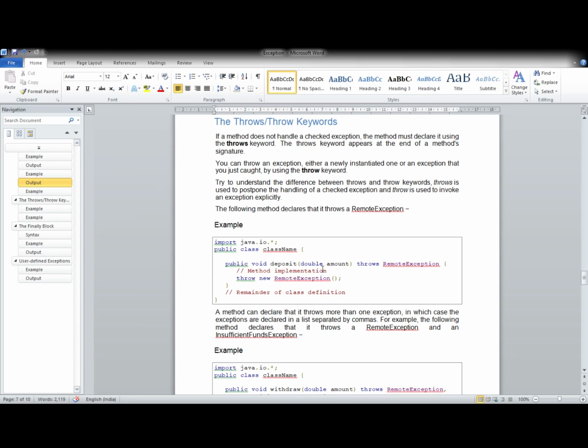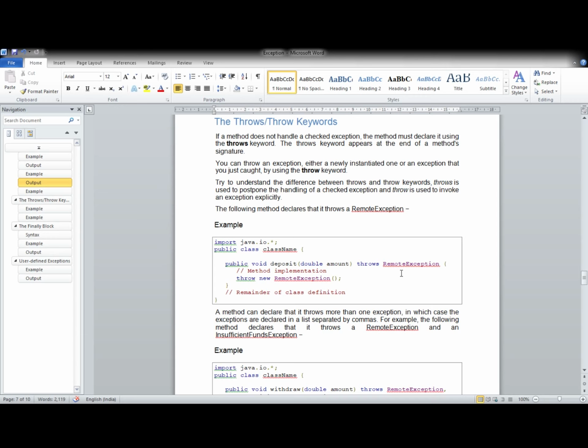See, along with the method name you have written throws RemoteException, which means that this method will throw an exception out, and it is not handled by this method. It is throwing an exception and not handling it. That is why you are writing throws RemoteException.